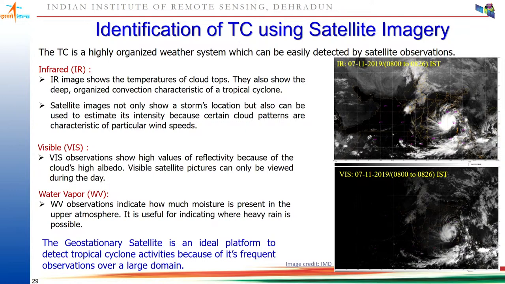Now, of course, this type of satellite and this type of process, the water vapor or the temperature, is also used for identification or monitoring of tropical cyclones. So infrared images show the temperature of the cloud tops, and they also show the deep organized convection characteristics of the tropical cyclone. So satellite images not only show the storm location but are also used to estimate its intensity, depending on the wind speeds and the water vapor content,